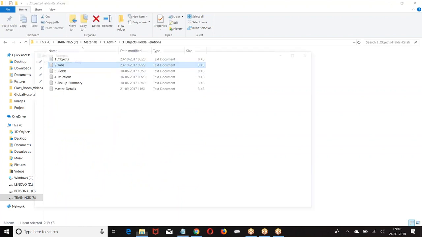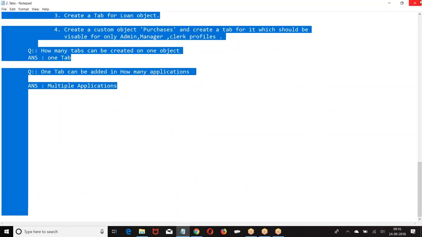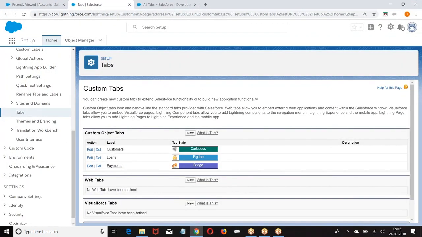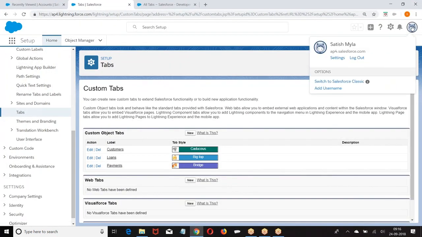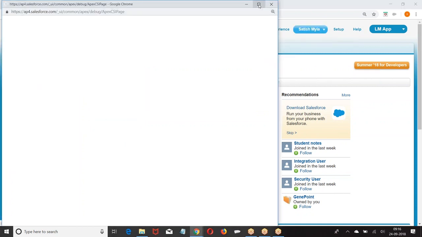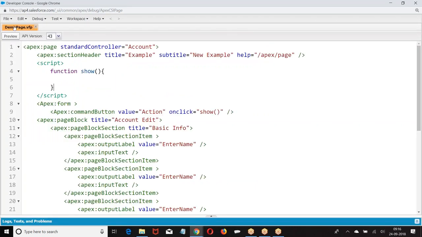So let us see the material, the theoretical notes. I told you every object will have one tab.